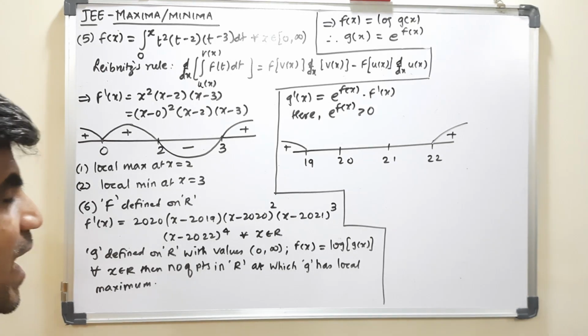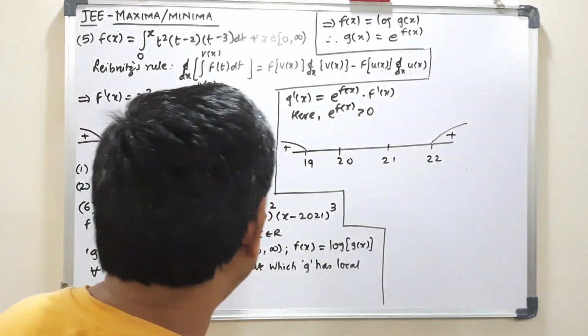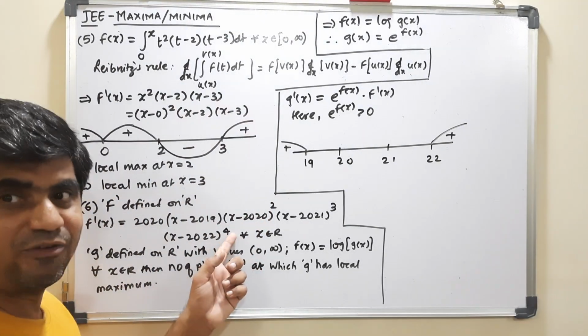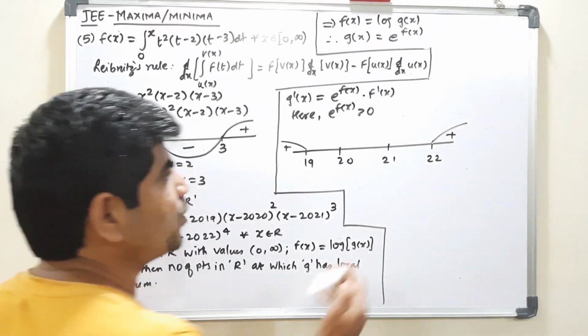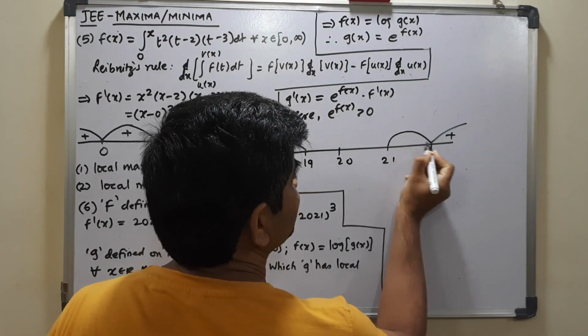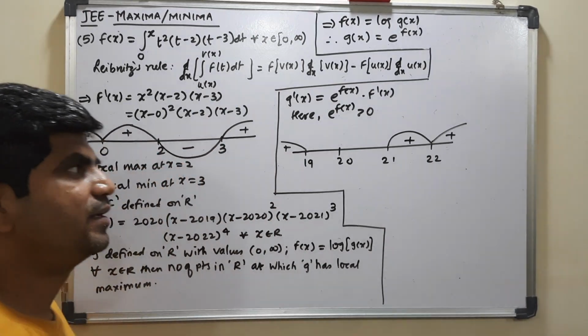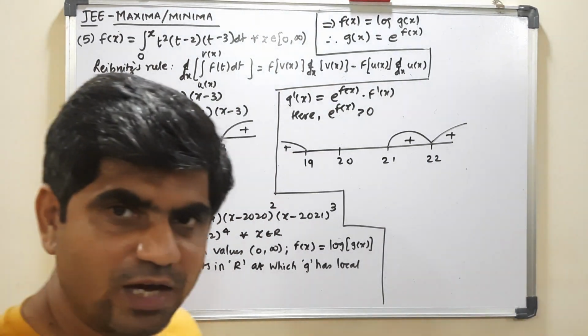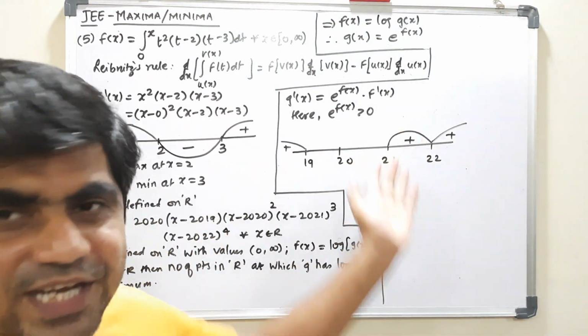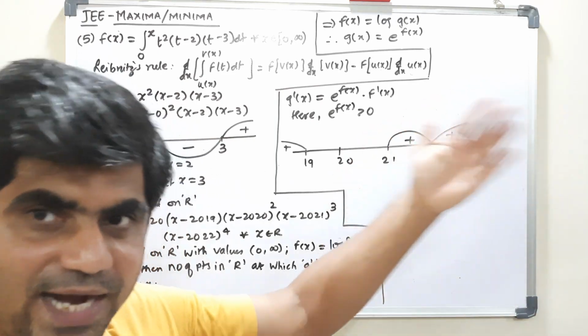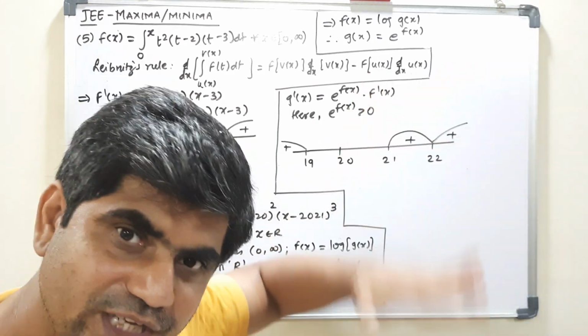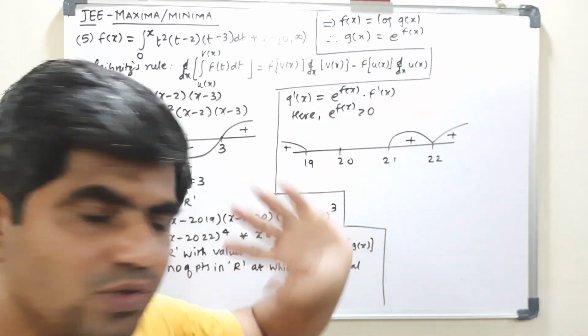But actually what happens, this is negative but having power 4. So obviously this is going to become positive only. So it is here, right? Wavy curve method says, if you don't change the sign, you keep it on that same side only. That means if it changes sign, then bring it down, or else keep it up.